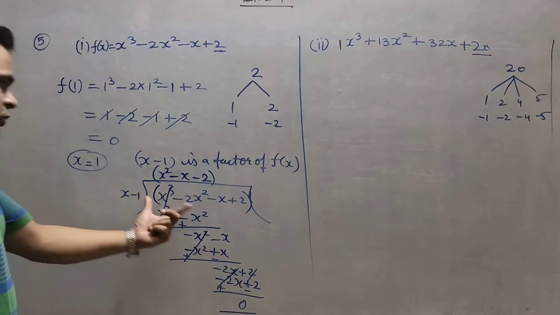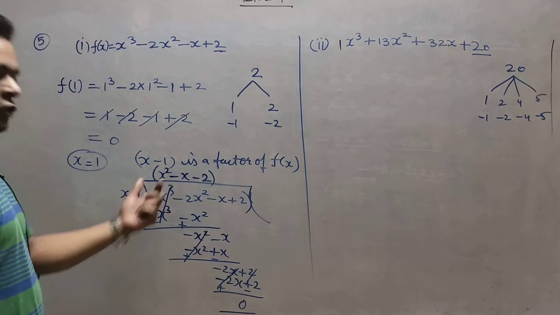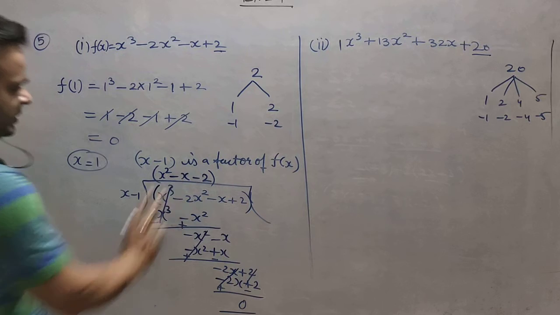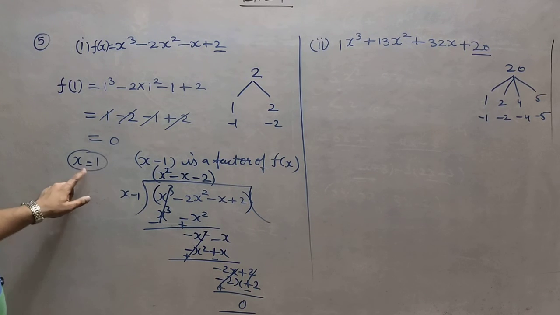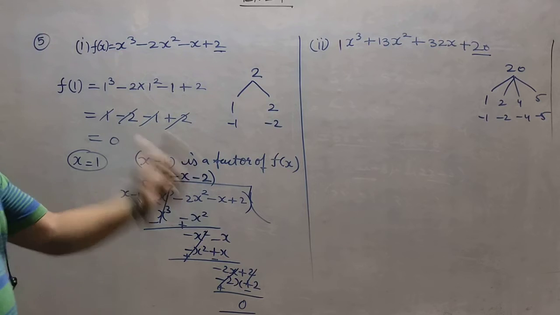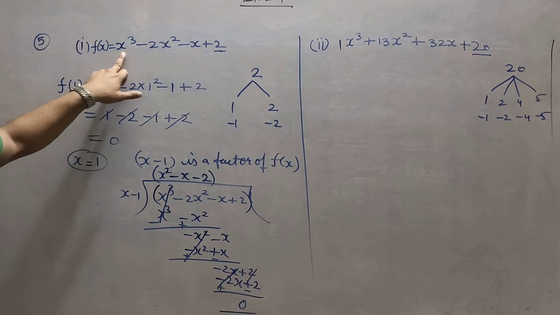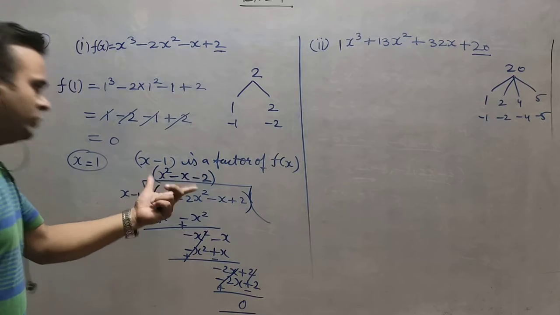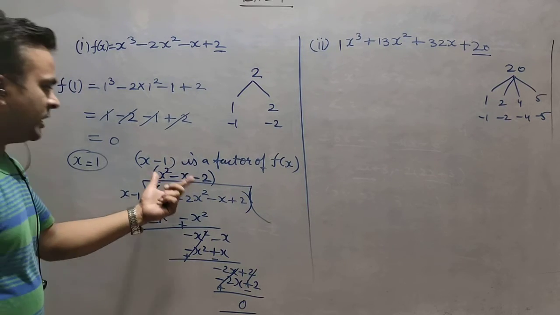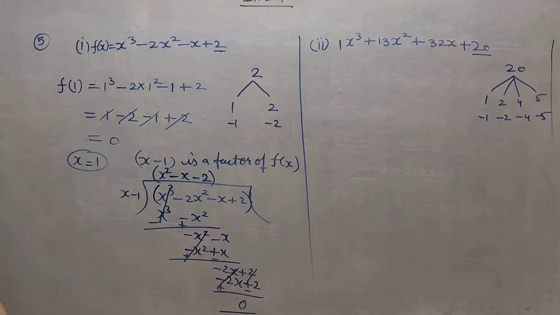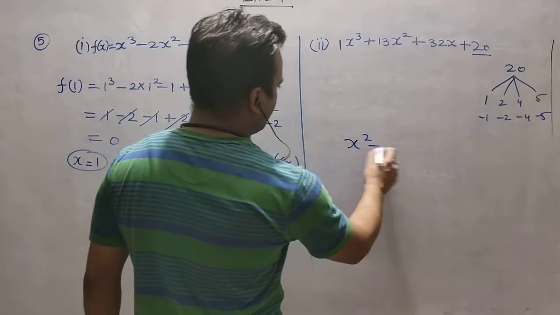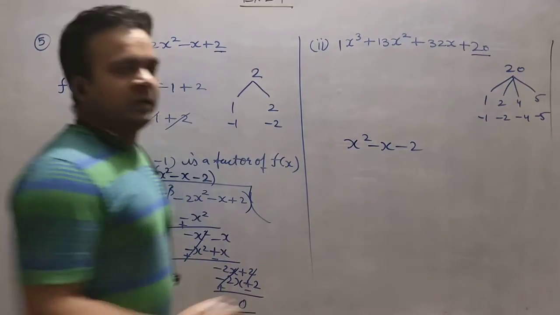It means the total value of this particular polynomial depends on x minus 1 and on this, and x minus 1 we have already proved is a factor. So it means the other two factors, because the degree is 3, so how many solutions are possible? 3 solutions. It means the other two solutions we can find with the help of x square minus 2x minus 2. So what we will do, we will find the factors.